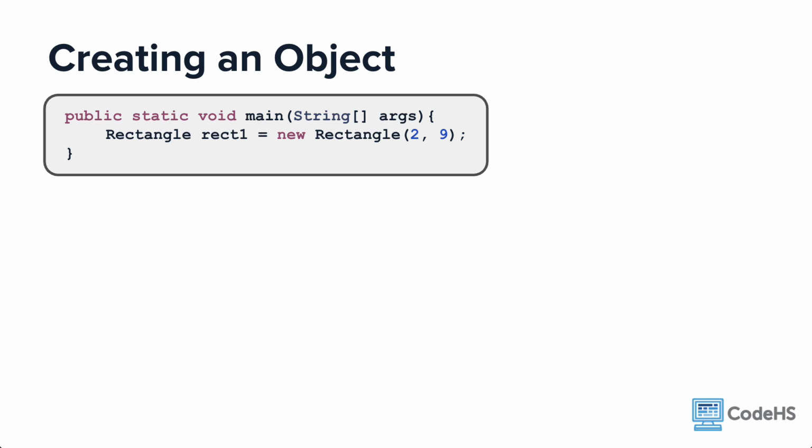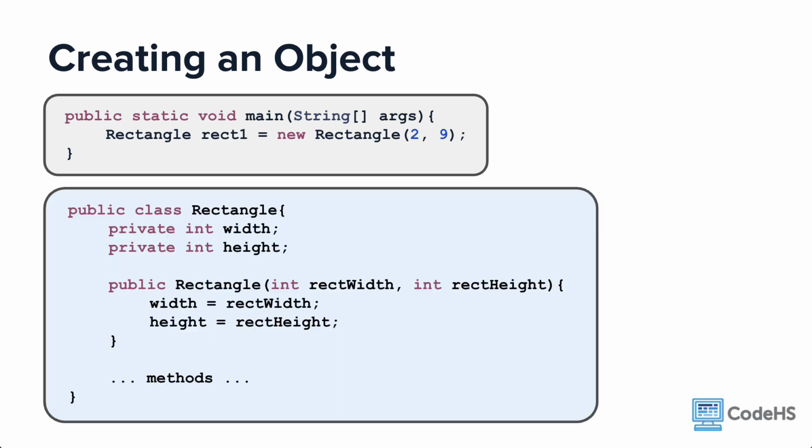At the top here is the code that you've seen before. You are creating a rectangle variable and initializing it with a new rectangle object. On the bottom is a snippet of a rectangle class, with the attribute instance variables at the top, followed by one constructor. Let's run this program and follow its execution. The program starts in the main method, executing this first line. Since it is calling the rectangle constructor, the execution now moves into the rectangle class and to the constructor signature,